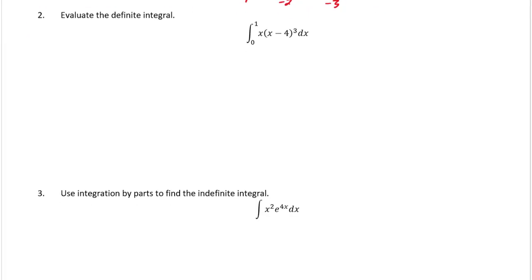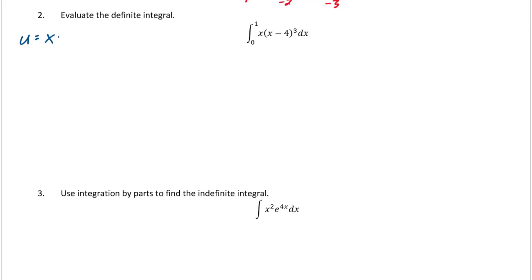Now number 2 here is going to have a very similar approach to what we just did with letter B. Again, more than likely trying a substitution strategy at the beginning. It's just this time, because it's a definite integral instead of an indefinite, I may also have to worry about switching some of the bounds. So my lower limit and upper limit of that integral will likely need to change